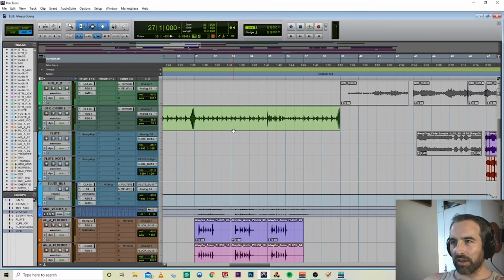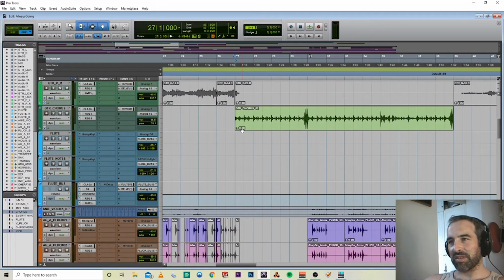So here's another cool trick you can do sometimes if you just have chords that all kind of play around the same note, is basically just play the note over and over. Yeah, so in context though,